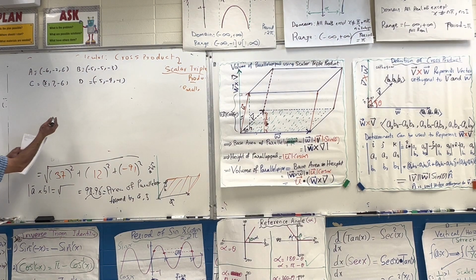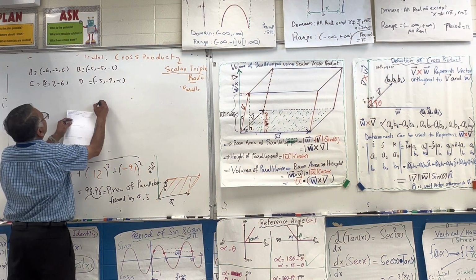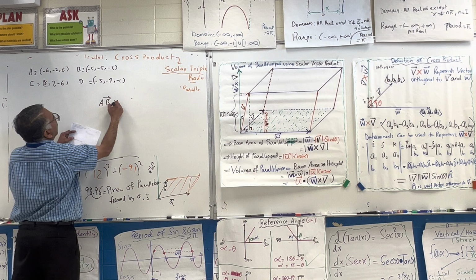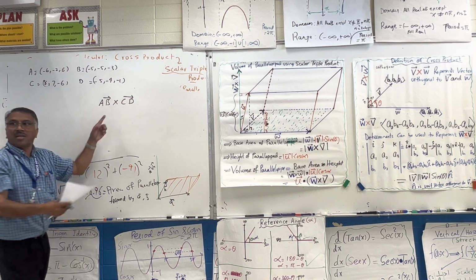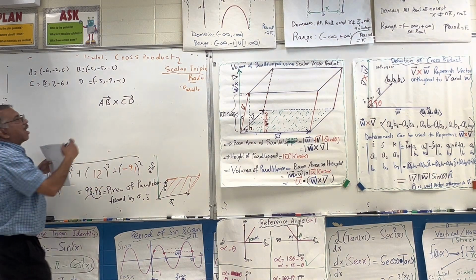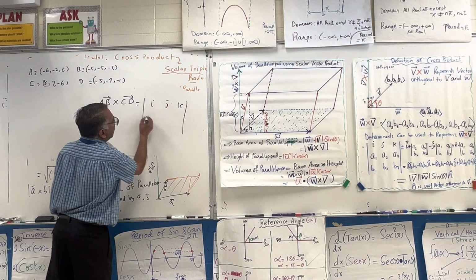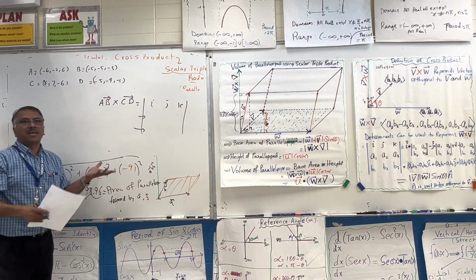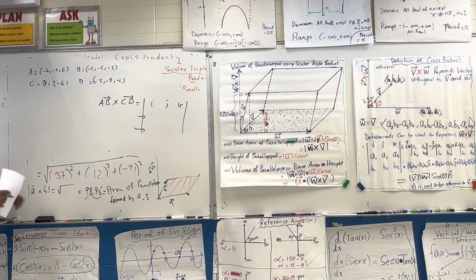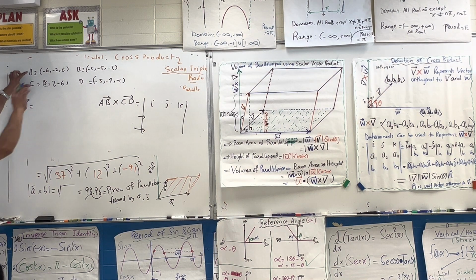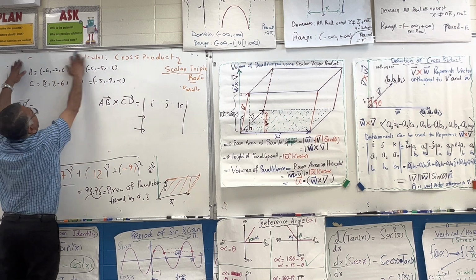So the question is asked like this. What is AB cross CD? They asked this, right? Do you see that? So now, in order to apply this formula with i, j, and k, we need to write something here and something there, correct? What goes there is AB, but we have to find AB first. So how do you find vector A to B? All you do is subtract, look at this. So if I want to find AB,